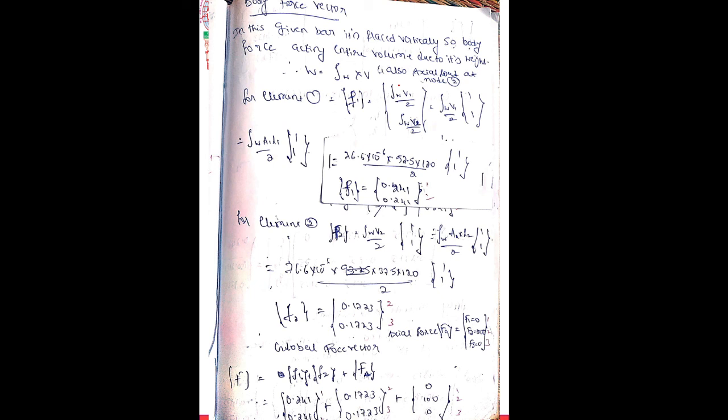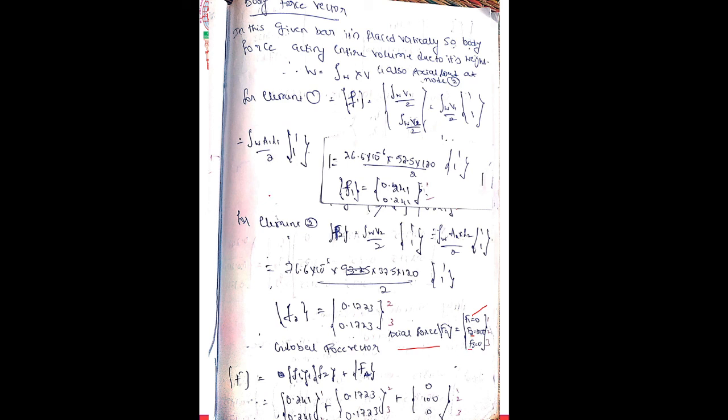Therefore, we need to calculate the body force vector for individual elements, like element 1 and element 2, as usual, as we did in the first problem. So what is the formula? Rho V by 2, or we can say rho A1 L1 by 2, rho A2 L2 by 2. Similarly, the axial force vector at node 1 is 0, at node 2 it is 1000, since 1 kilonewton is 1000 Newton, and F3 also becomes 0.